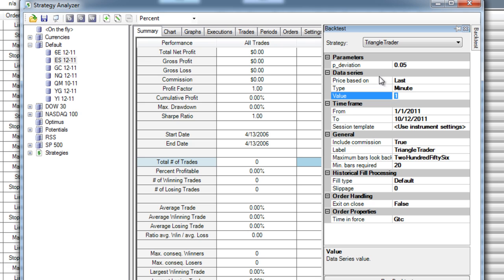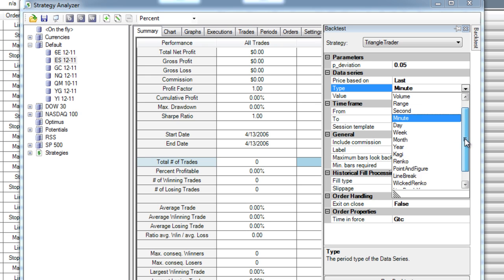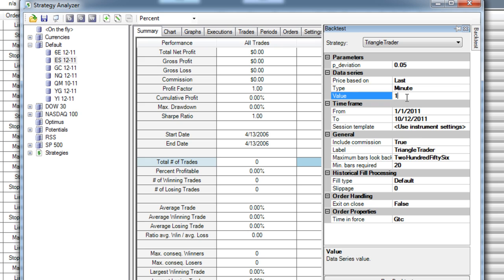Now what I can do here is in data series I can choose what type I want to run it on. You can run it on all different kinds of chart types, range charts, volume, tick, anything like that. I'm just going to choose minute and go to 30 minute. And now the time frame. How far back do I want to run this back test? Well, I want to run it back as far as I can, so I'm going to choose January 1st